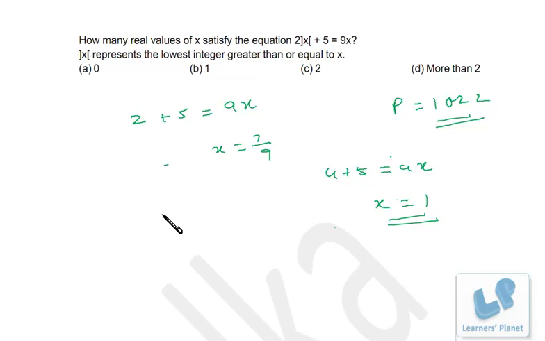See, in the most places what happens, they forget to consider the fractional part is greater than 0, less than 1. They forget to consider that fractional part is greater than equal to 0. So if this equal to is messed up, this 2 will be missed, right? Because fraction part can be 0 as well, as we can see in this case. Here value of x is 1, we don't have any fraction part, right? In this case we have a fraction part. That's because the value is less than 1. So if x is 7 by 9, that is the smallest integer greater than x, so it will be 1, and the fractional part will be 7 by 9 itself.